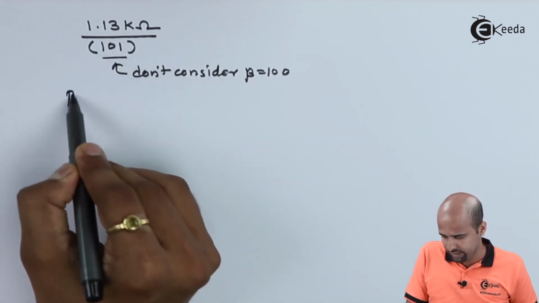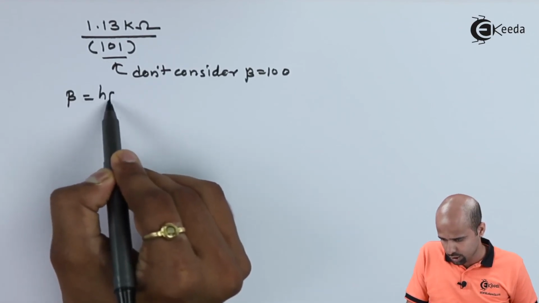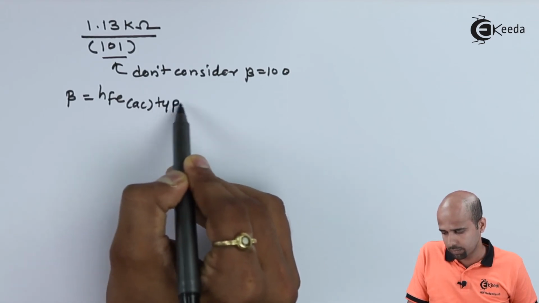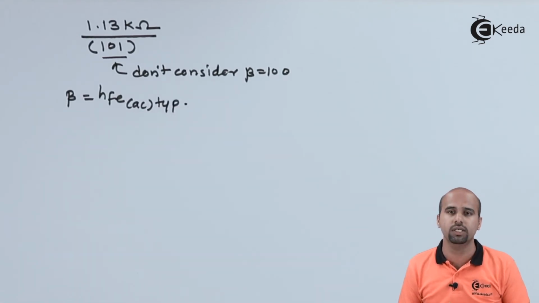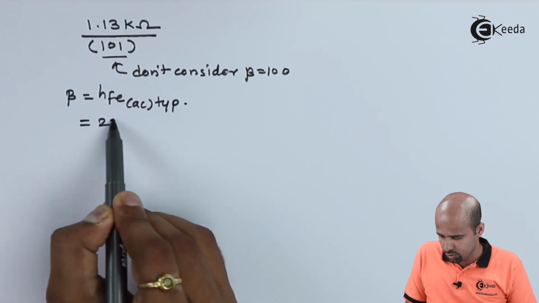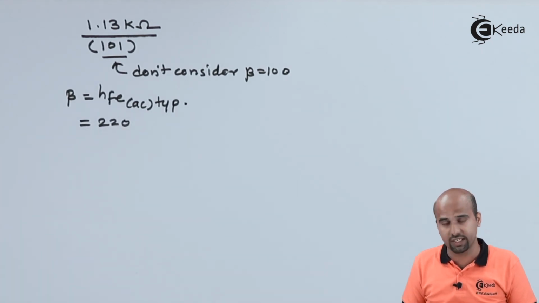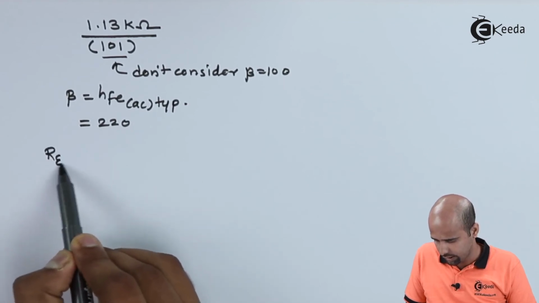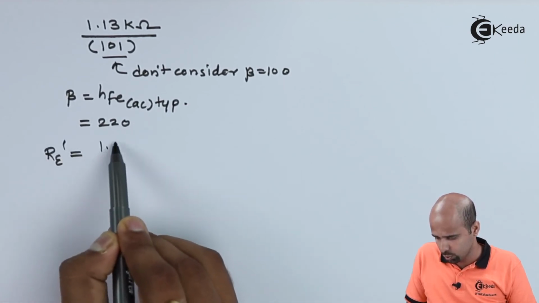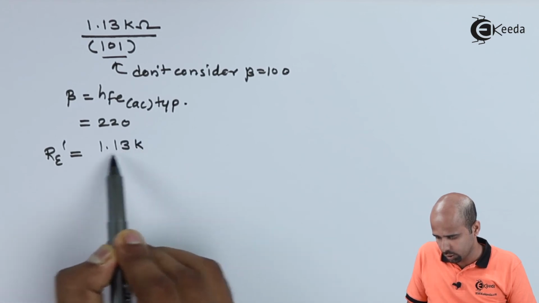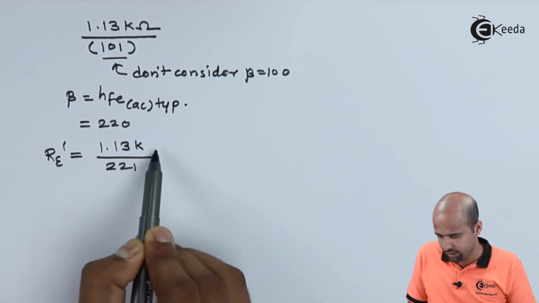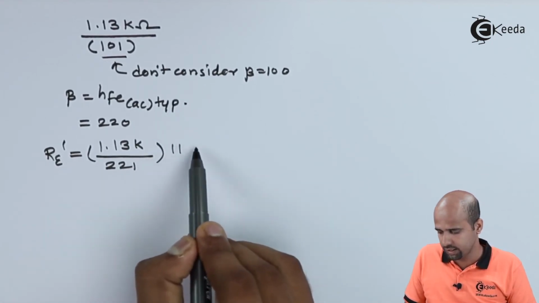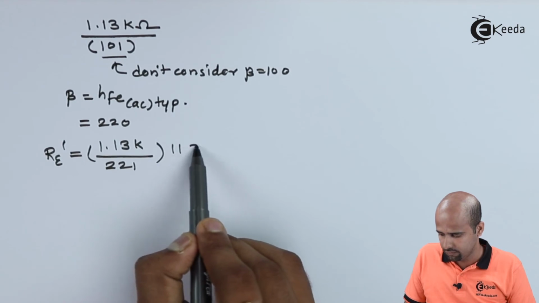Beta means HFE AC typical. HFE AC typical is 220, and that is why RE dash is equal to 1.13 kilo divided by 221 in parallel with the resistor RE, which is